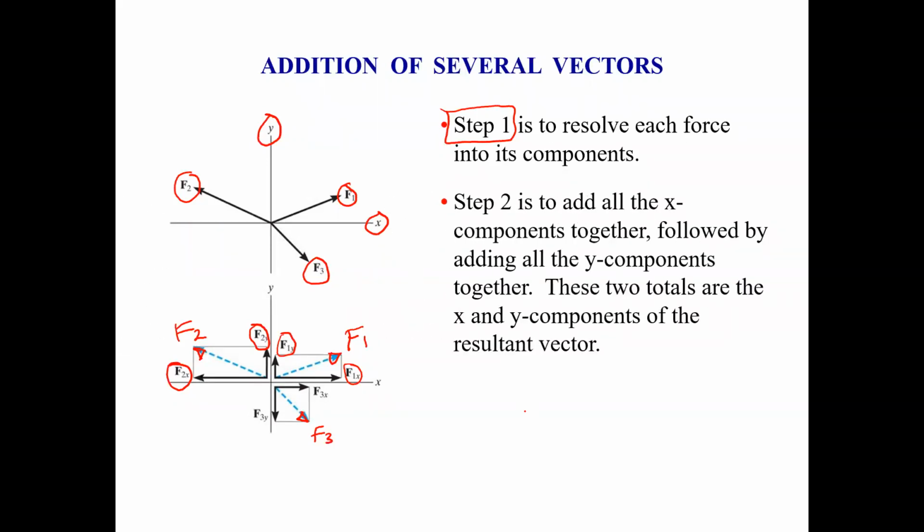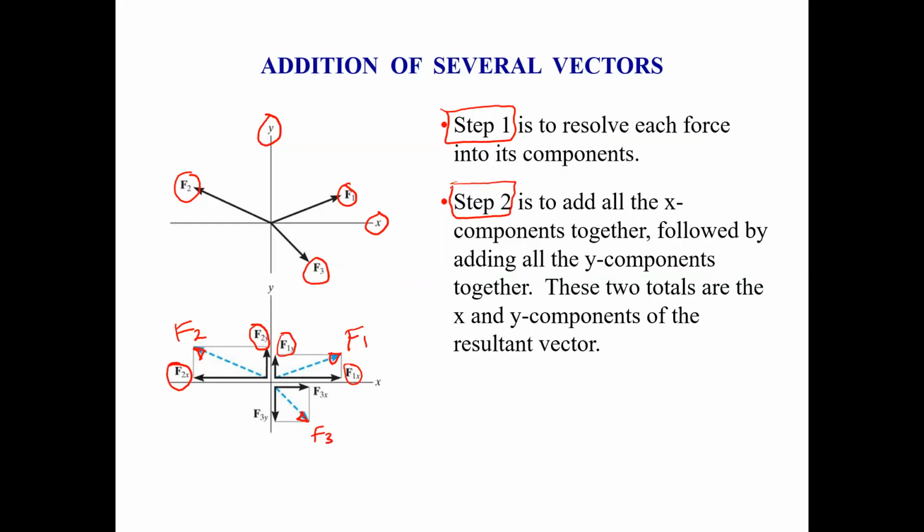Step 2. This is your step 2, is to add all the x components together, followed by adding all the y components together, right? So what are we doing here? We are adding all the x components and all the y components. So if you look at the figure, what are the x components? F1x, F2x, F3x. So we'll add all these 3, right, to find the resultant x component. And then we'll add up F1y, F2y, and F3y to find out the resultant y component,